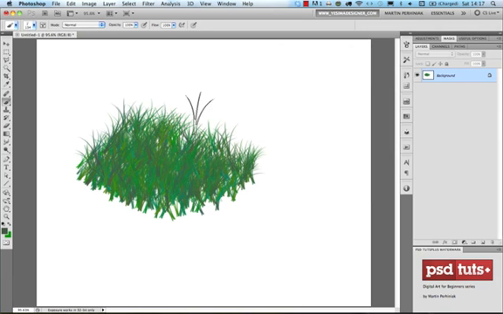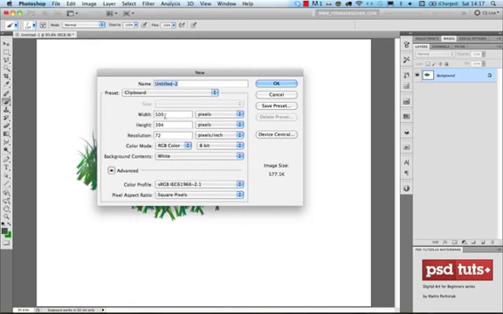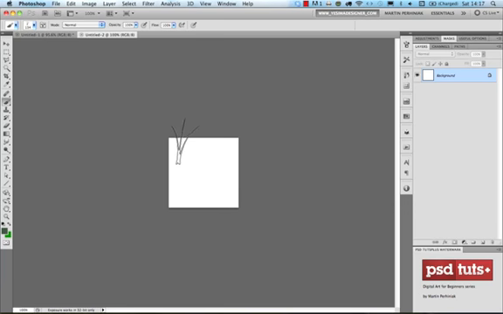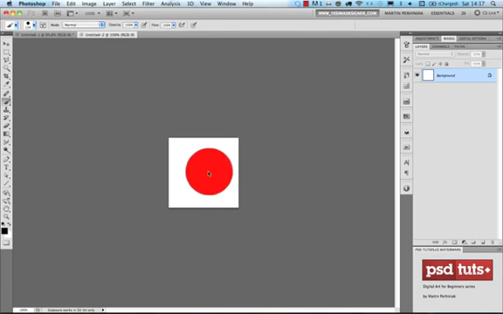So let me just create a new document. I go to File, New, and I usually create a 200 by 200 pixel size document. You don't need bigger than that most of the times. This is enough. I switch back to the default colors by pressing D on the keyboard. And then I use my brush, and I also go back and select a normal brush like this one. I make my brush smaller, Control Alt and click, or right click on the PC, and make my brush smaller,